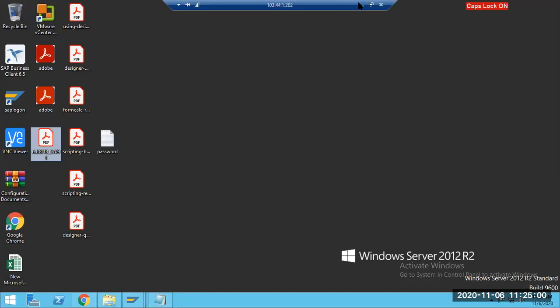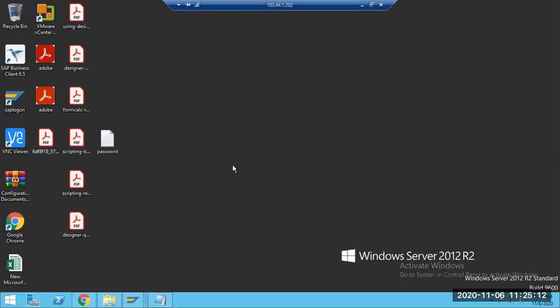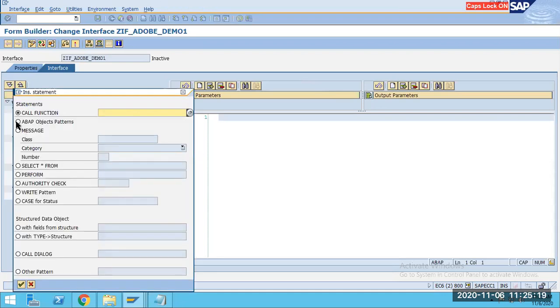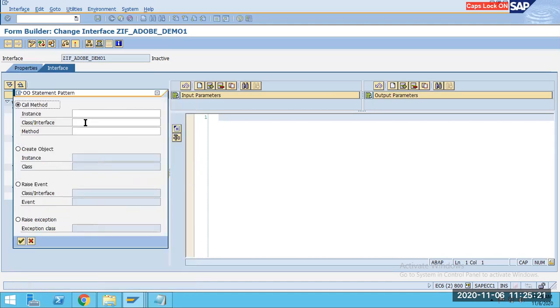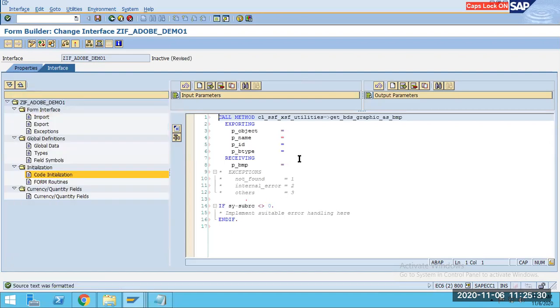So let me copy this method from here. Generally we don't remember, you can just simply google it out, you will get this method quickly. Okay, get BDS. Okay, so I have copied this one, come over here, and this is the template we can use to call that method. So that's the static method we have. Go here, and this is the method GET_BDS_GRAPHIC_AS_BMP. Click on this OK button, and now here you have to pass the